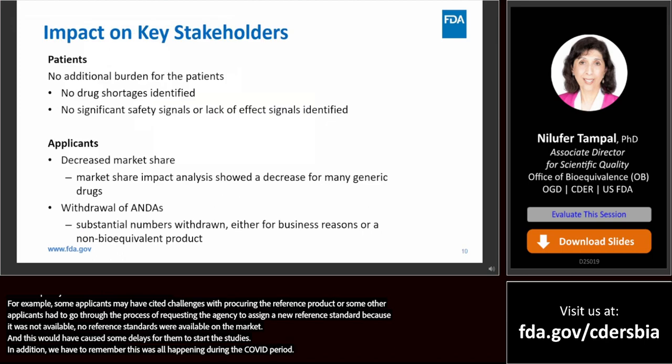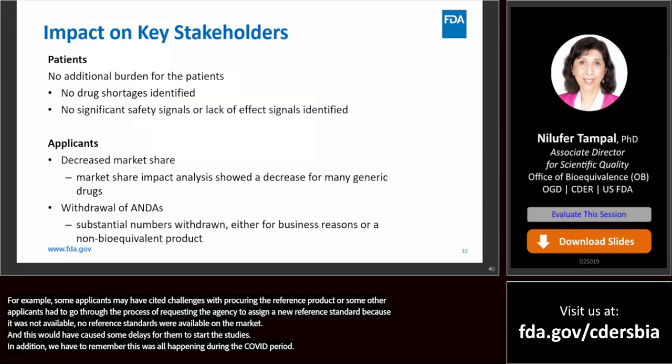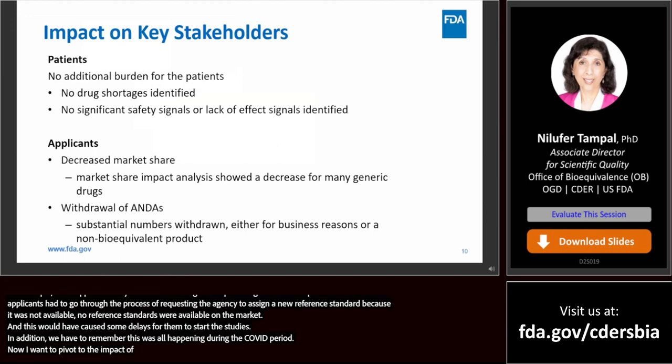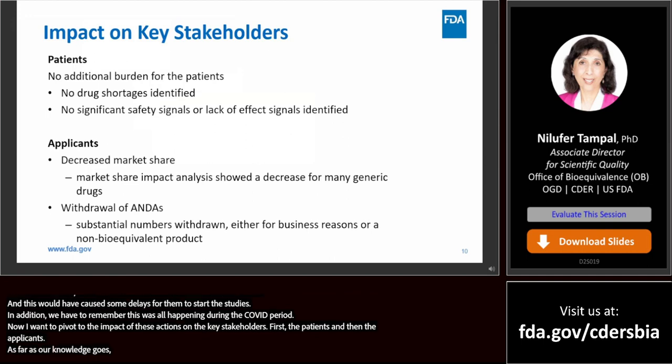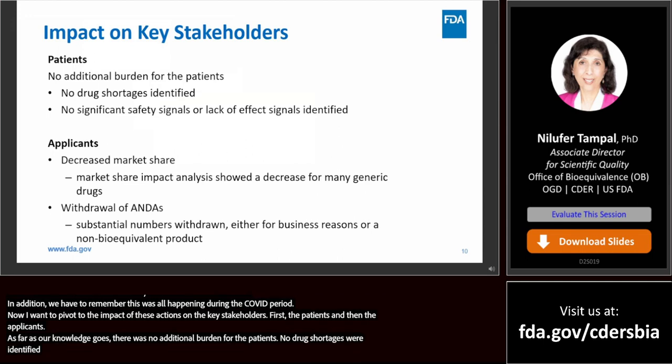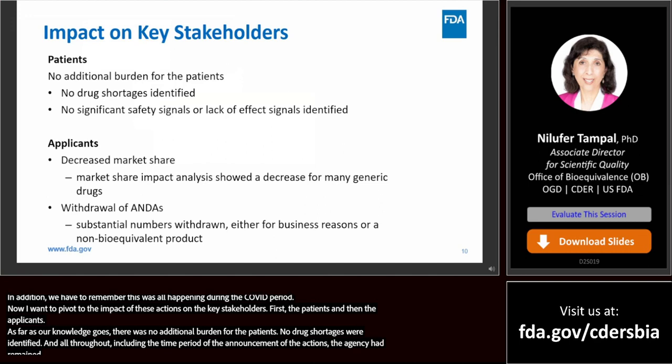Now I want to pivot to the impact of these actions on the key stakeholders. First, the patients, and then the applicants. As far as our knowledge goes, there was no additional burden for the patients. No drug shortages were identified. And all throughout, including the time period of the announcement of the actions, the agency had remained vigilant and monitored the potential for drug shortages for these impacted